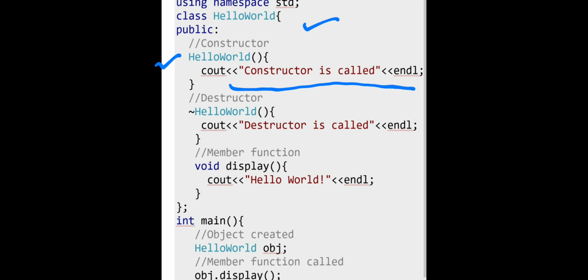Now next, we also write the definition for the destructor function. Now see carefully. Here is the difference between constructor and destructor function.